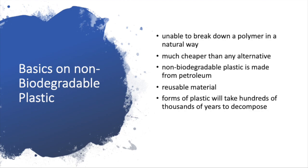One common misunderstanding is the difference between non-biodegradable and recyclable. Things that are non-biodegradable, such as plastic, can be recycled and become reusable material. If not recycled, then this material will become an issue to the environment. The reason many companies use non-biodegradable plastic is because it is much cheaper than any alternative, such as glass, paper,